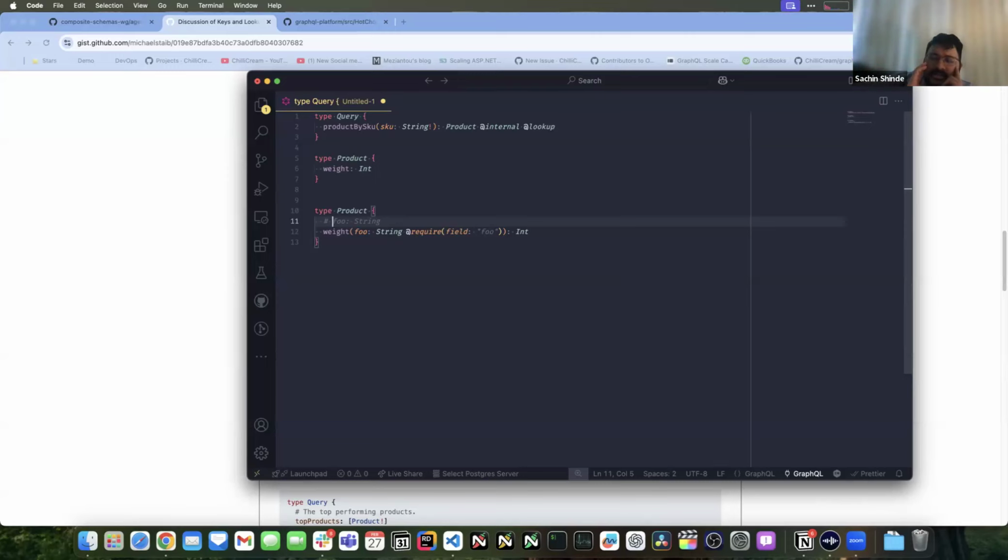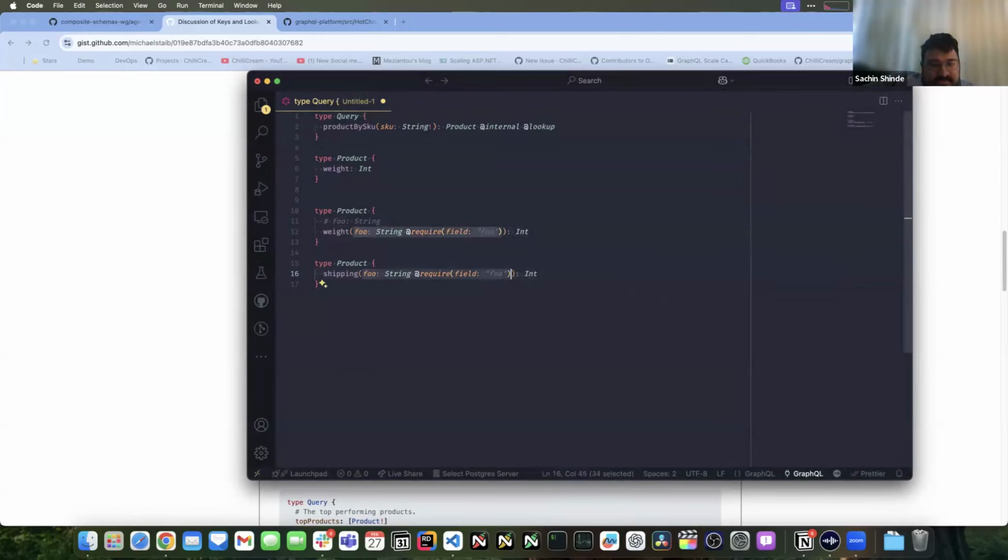Regarding requires and external, I think a lot of it is mainly for clarity's sake when I see it. For example, there's a case here where you have a field weight, but it goes off a separate field, maybe like bar, that also takes in foo but has a different type, right? In that case, you have a type conflict on foo, and you have to do extra work to infer the type in order to check that at subgraph time, rather than as a post-merge validation, if that makes sense.